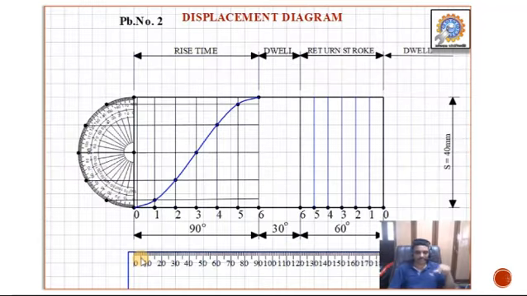Simple harmonic motion is chosen. We need to draw an arc on the left hand side, and we have to subdivide it into 6 equal parts. After that, each meeting point will be chosen and a smooth curve will be drawn. The one drawn using blue color shows simple harmonic motion rise time in a displacement diagram.